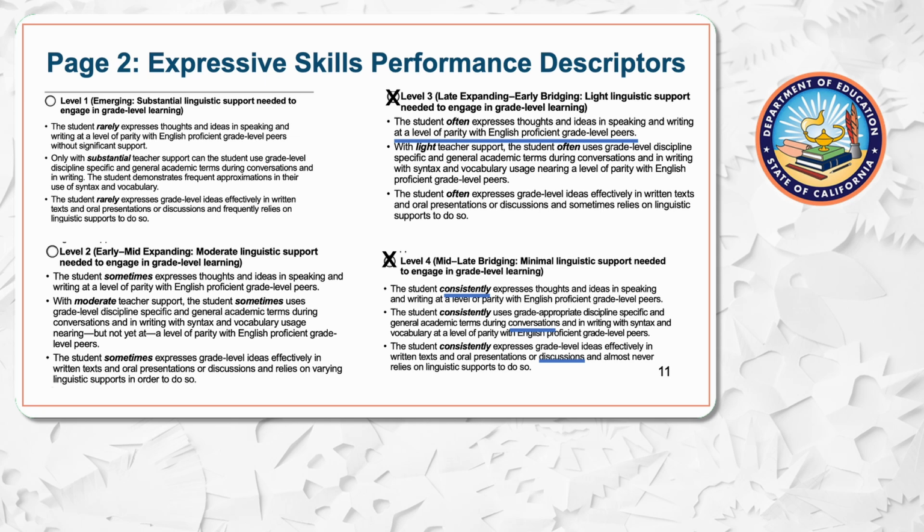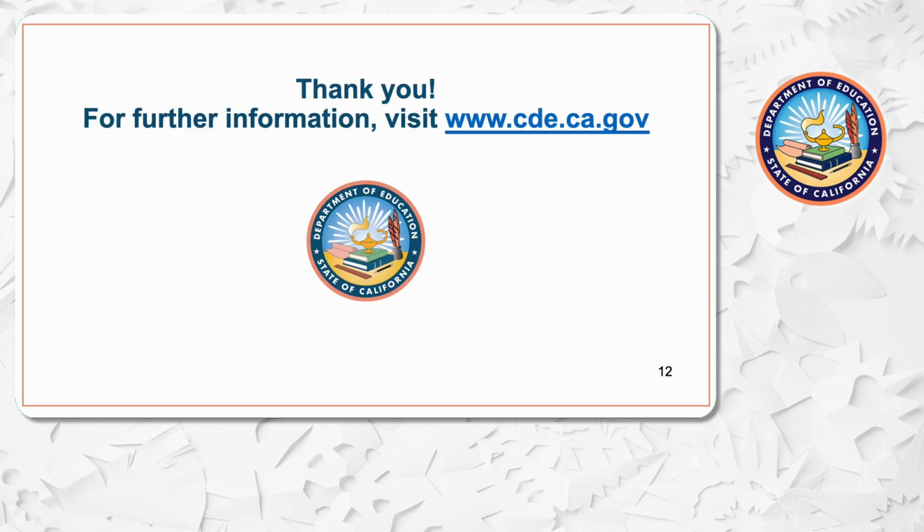I would now have to come up with an overall rating for my student's expressive skills across the 2 domains. Since the student's writing proficiency was at a level 3, it would be inaccurate to say that she is at a level 4 overall in her expressive skills. As such, I would rate this student's expressive skills at a level 3 overall for this observation. This concludes our brief scoring demonstration.